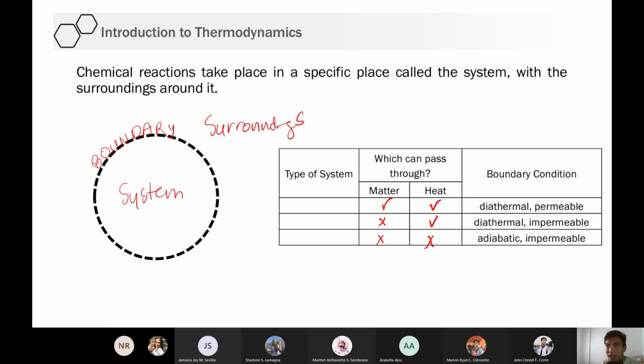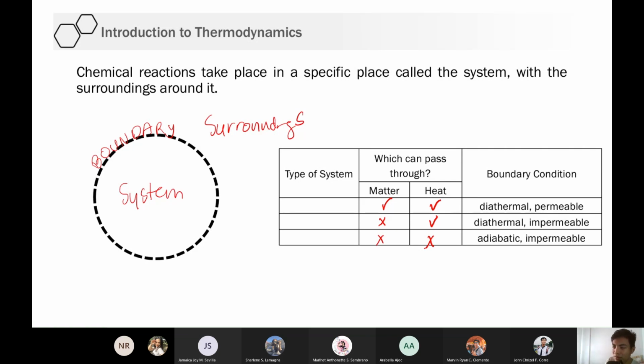Ayun eh. Pero lagyan mo ng takip yung baso. Magiging ano na yon, impermeable na yon. Kasi hindi na papasok yung particles sa loob ng baso. Either lagyan mo yan ng yung ini-screw na takip. Okay, lagyan mo ng saran wrap, no? Yung plastic film na pinangbabalot sa gulay minsan, saran wrap, no? So ayun, lagay mo yun sa kape mo. Hindi na papasok yung ibang particles sa loob nun, no? So na siya, impermeable. Okay? O kunwari sa thermos, lagyan mo ng takip, edi impermeable na yan.